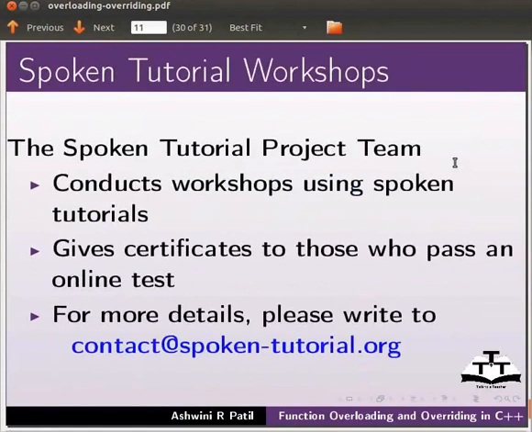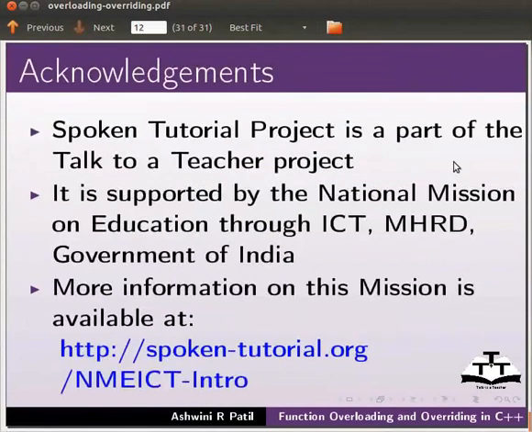Let us summarize. In this tutorial we learnt function overloading, example int add with 3 different arguments and float add with 2 different arguments. Then function overriding, example virtual int operations and int operations. Function with the same argument and same return type and difference between both. As an assignment, write a program that will calculate the area of rectangle, square and circle using function overloading.